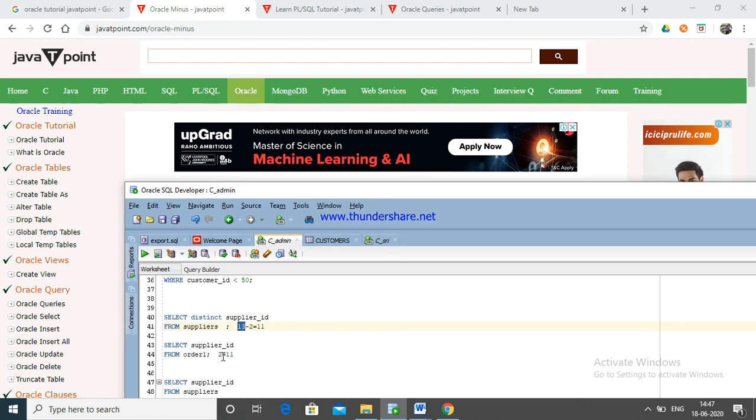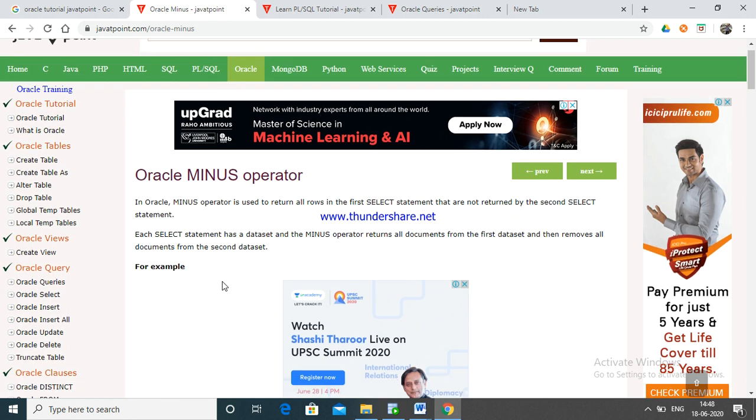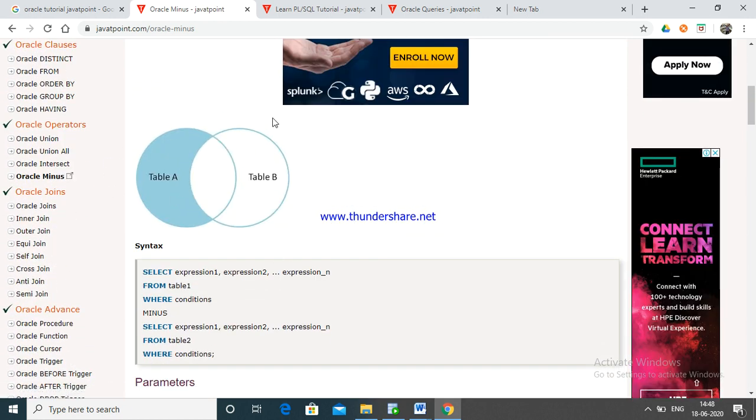This is the second data set; remove all its rows from the first. It will show 11. This way. This diagram also shows the same: the MINUS operator takes the first data set and removes all rows of the second data set.